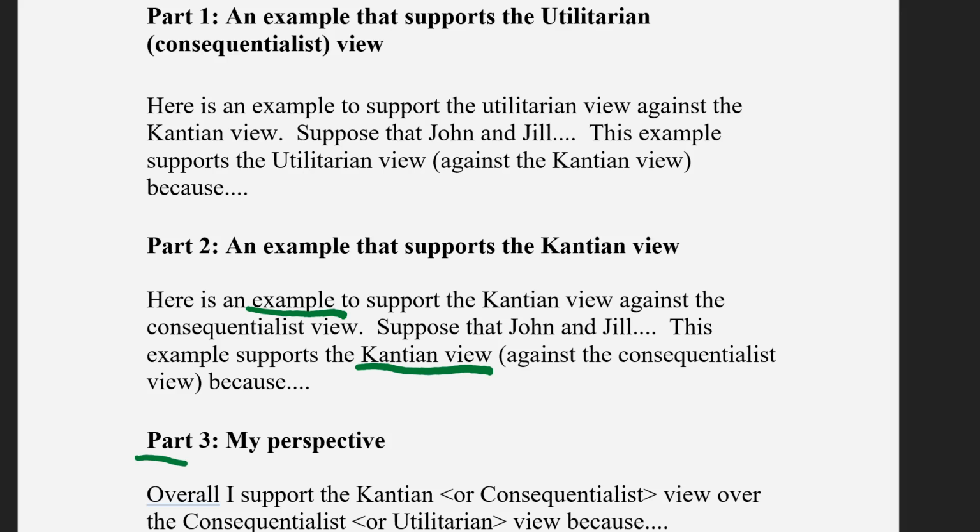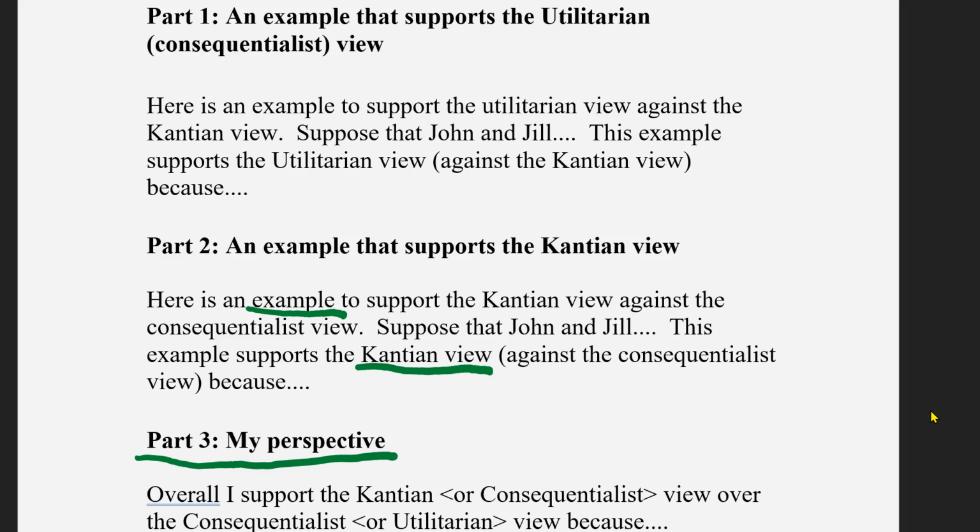The last section is actually pretty straightforward, and most students do well with this because it's just giving your own point of view on the 2 theories as you've already thought about them. You also want to remember that this assignment is about evaluating the utilitarian and the Kantian just on that aspect of their theories that deals with, is it the motivation or the result that makes an action good? There are other differences between a Kantian and a utilitarian view, but those aren't what you're considering right now.